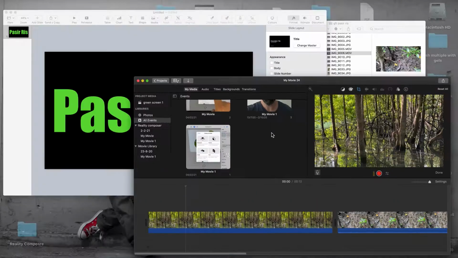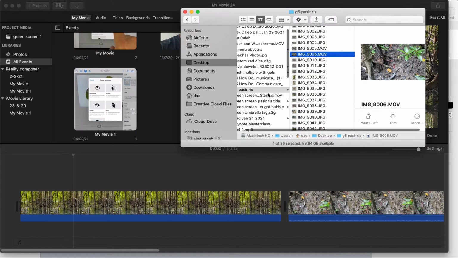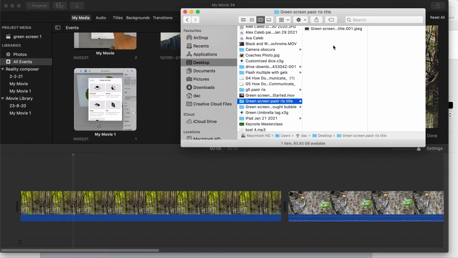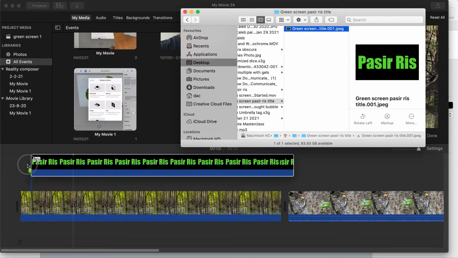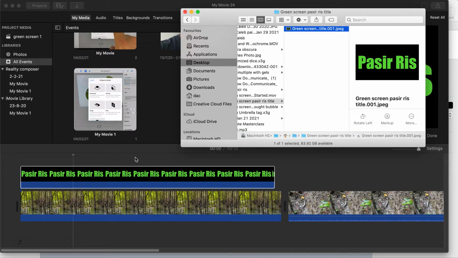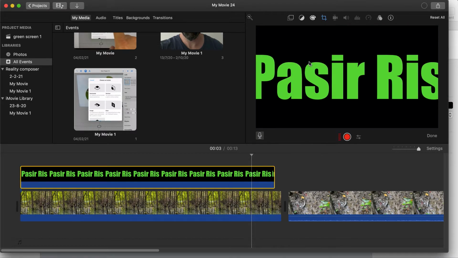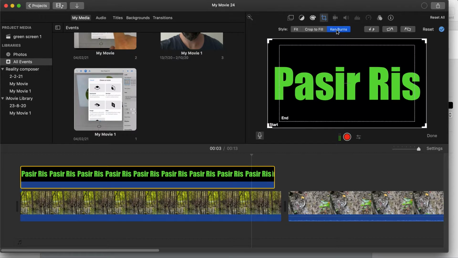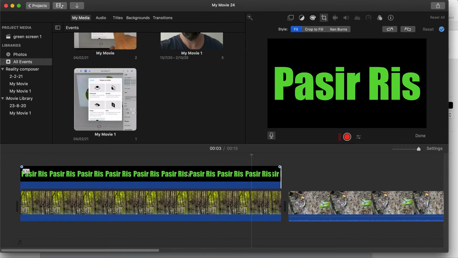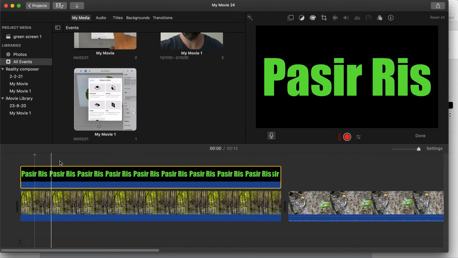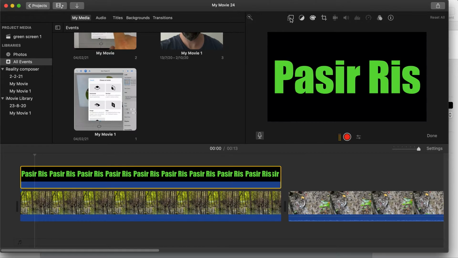Now, let's go and find that. There it is. I'm going to drag it into here. I'm just going to put it on top. Now, when you drag in a picture, it uses Ken Burns. I'm just going to go fit so it doesn't move at all. And you'll see that's what's going to play, because the default when you come here is to